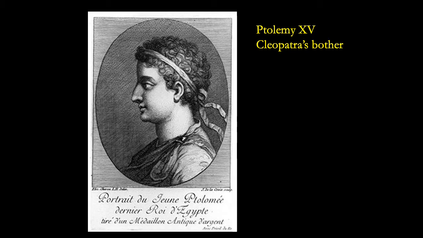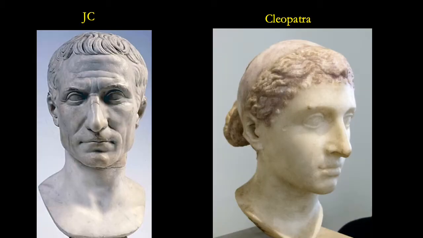In any case, these guys fall into a civil war. And in the middle of that civil war, this guy on the left, Julius Caesar, shows up. And Cleopatra presents herself to him. They have a relationship. She's much younger than Julius Caesar. He's already married, as a matter of fact, with a wife back in Rome. But he stays in Egypt. He loves Egypt.